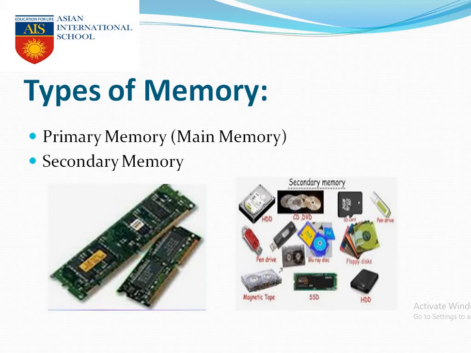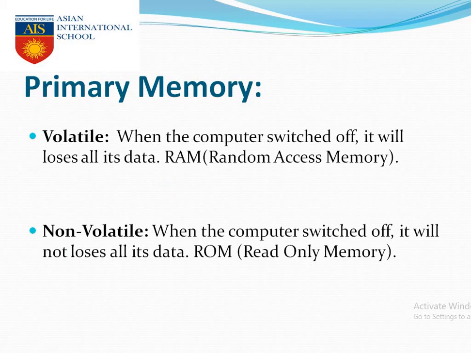Next, types of memory. How many types of memory can your computer have? Basically, your computer can have two types of memory, either main memory or secondary memory. Main memory is also named primary memory. Primary memory or main memory can again be of two types, volatile or non-volatile. What is volatile memory? Whenever we switch off our machine, whatever is stored in volatile memory gets erased from the machine. That is called volatile memory.